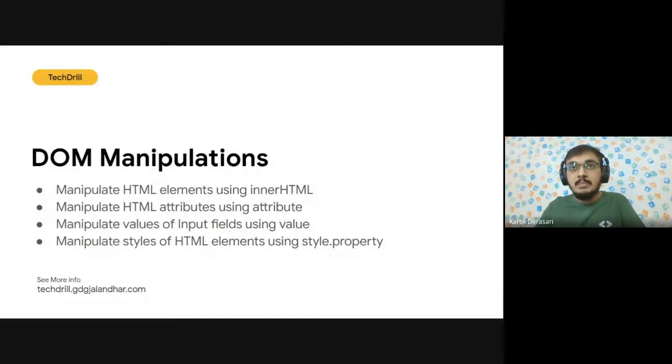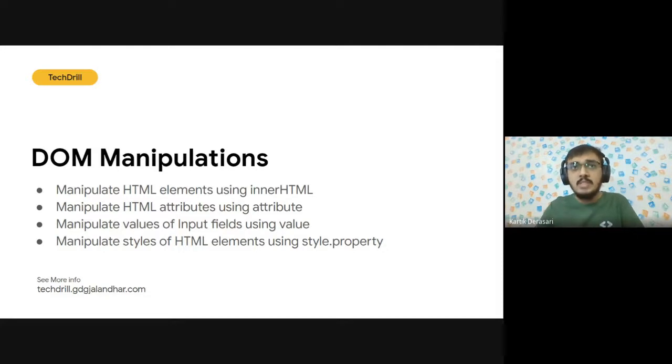For example, if I want to change the href of an anchor tag, then I will say document dot get element by ID, paste the ID of the anchor tag over there, and say dot href equals whatever href I want to pass.